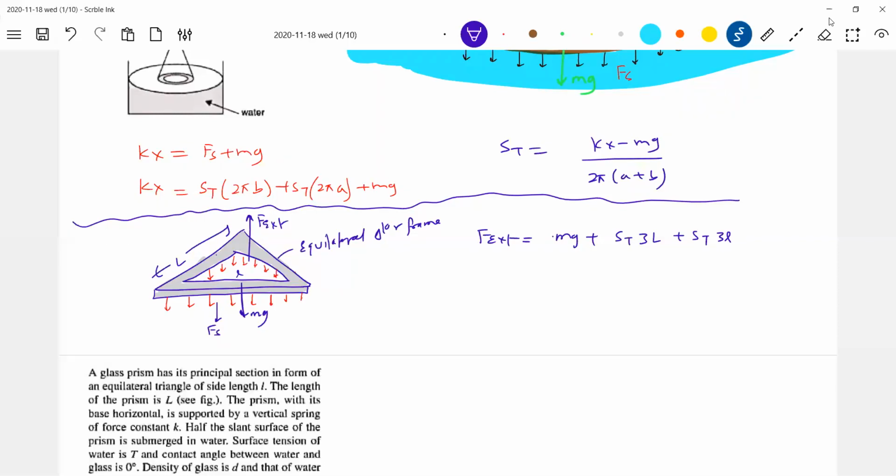Able to understand here? The force due to surface tension will not act at one point, it will be acting everywhere here. Sir, why can't it be here somewhere? No, only at the free surface. Here the water will come, so the free surface will be here. This everything will be water. Kept on water surface, no? So the same idea is what I'm bringing here. Equilateral triangular frame lying on water surface.